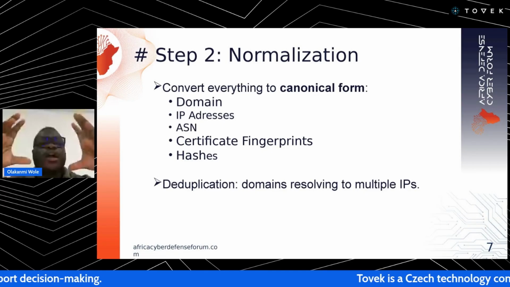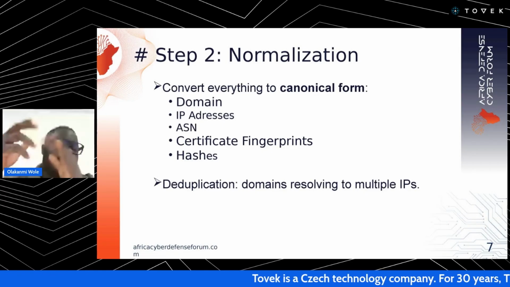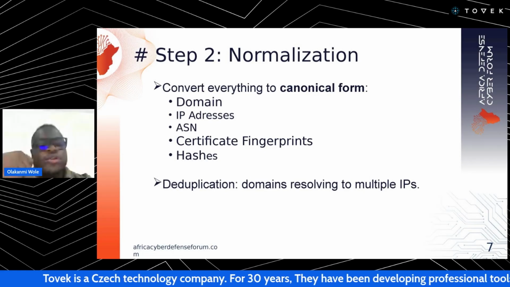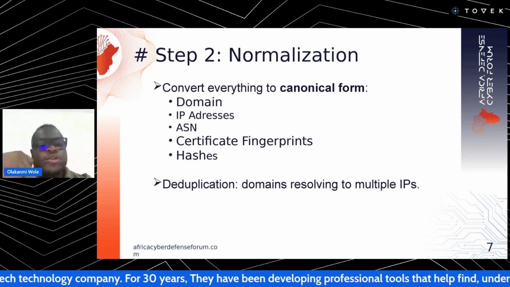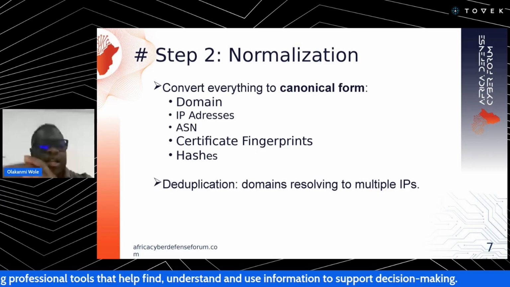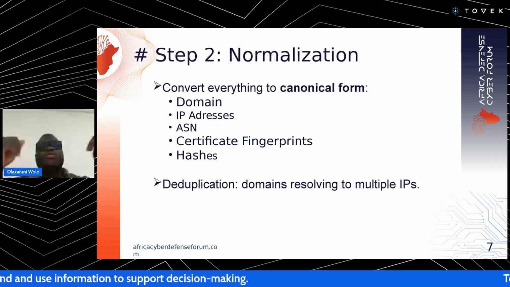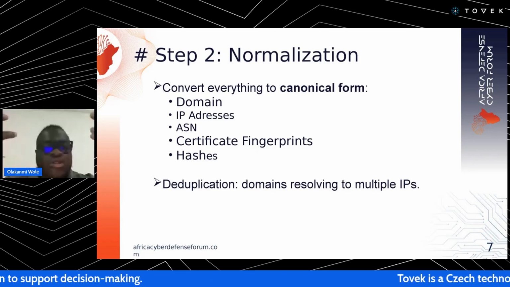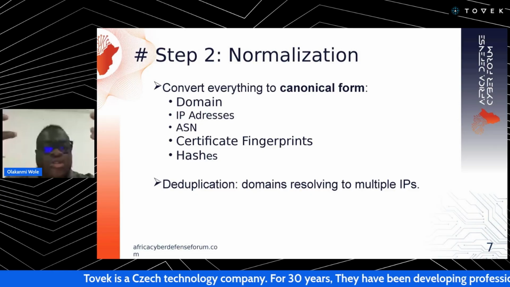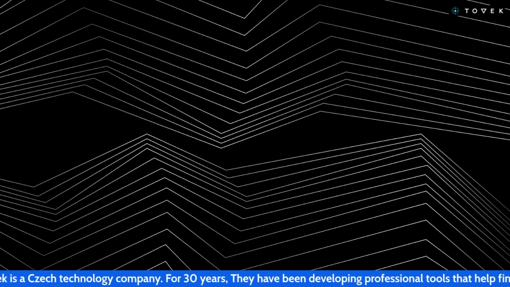So you can convert everything, of course, to canonical forms: your domains, IP addresses, the fingerprints from the certificates, file hashes, ASN, and things like that. Also, something very important to note is that you can get duplicates, right? Many feeds can identify maybe the same indicators and apply them to you. So you need to be able to normalize this data. You need to be able to identify repetitive